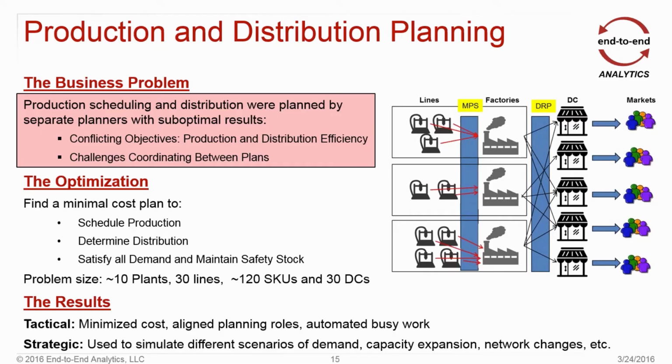And you can imagine there's a large number of decisions that need to be made. Beyond that, there's a lot of coordination that has to happen between these 2 people for this to work out. And just naturally with the business processes, the people who own each piece have different incentives. So if I'm owning distribution, it's going to be important to make sure that I have product available at as many plants as possible. Versus if I'm owning manufacturing, I want the opposite. I want to produce product at as few plants as possible, because that's going to optimize my efficiency on the production side.